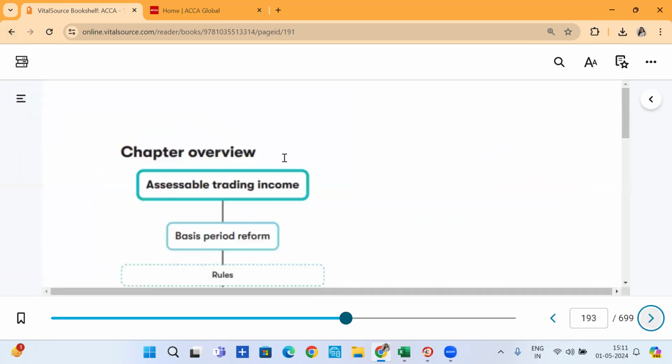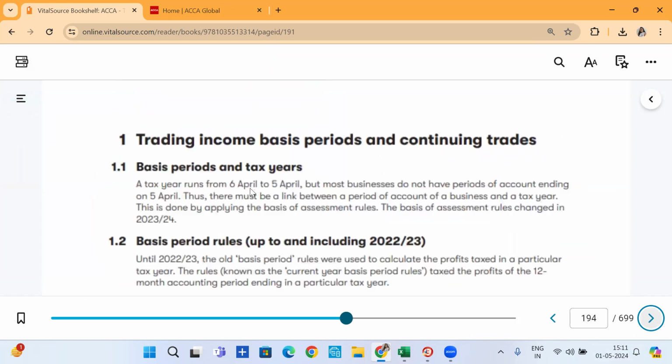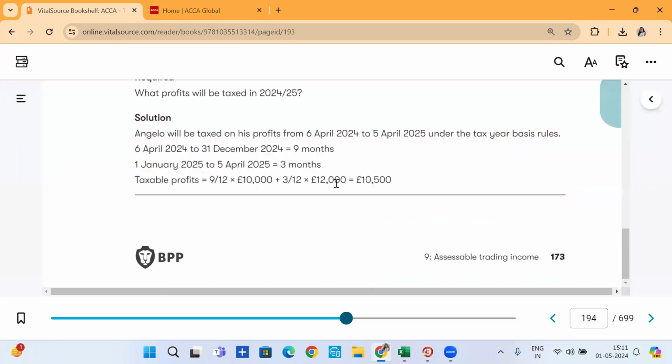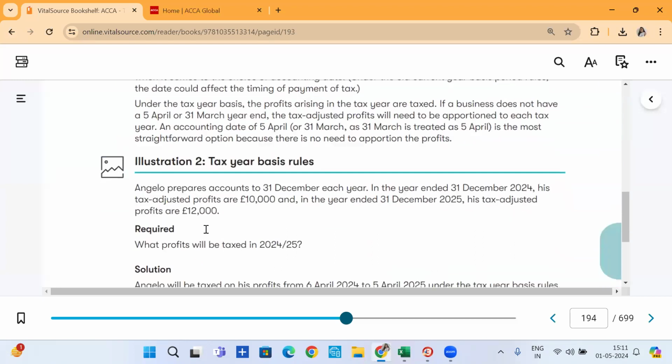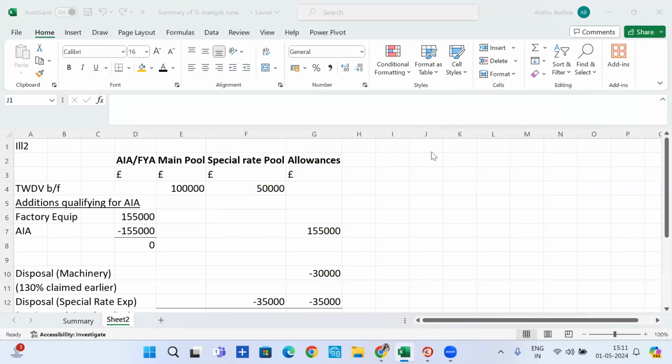Let's take an example. Angelo prepares accounts to 31st December each year. In the year ended 31st December 24, his TATP, or tax adjusted profits, are 10,000. And in the year ended 31st December 25, his tax adjusted profits are 12,000. What profits will be taxed in 24-25? Now you know that the tax year 24-25,